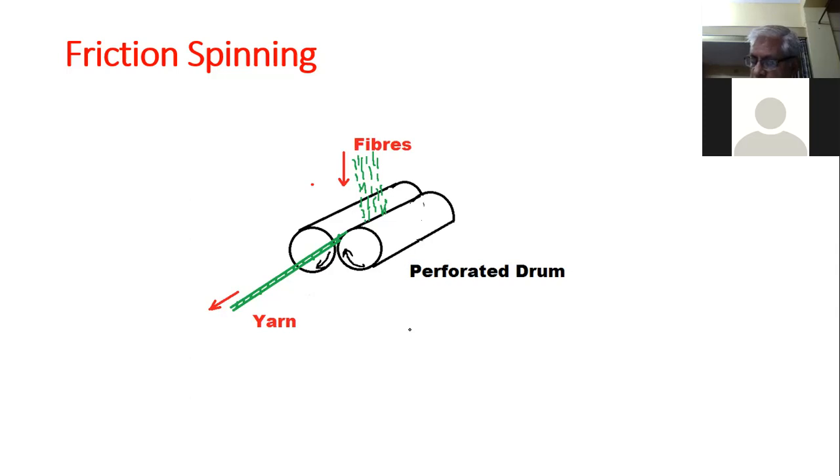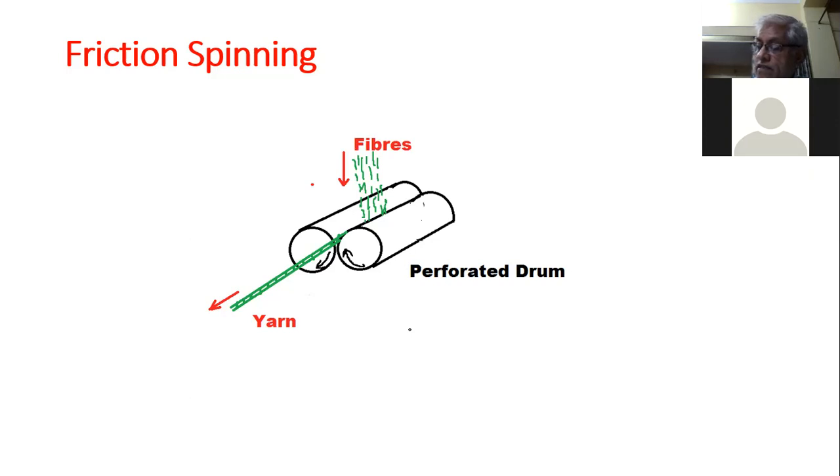In this case, there can be different variables. What are the variables? For example, in feed, we can have a single sliver feed or multiple sliver feed, as in case of Dref 2 and Dref 3. There can be one opening roller and there can be two opening rollers also, as in case of Dref 3. Then number of friction surfaces: there may be one, as in case of Dref 1, only one friction surface is there, and there can be two friction surfaces, as in case of Dref 2 and Dref 3.